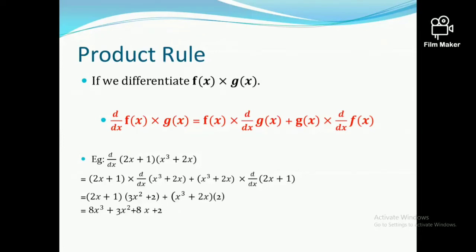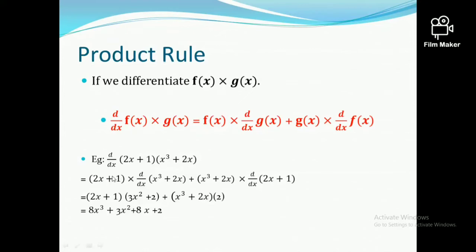This is the general format of the differentiation of a product between two different functions, f(x) into g(x). If you happen to differentiate f(x) into g(x), how do you obtain the answer? This is the simple way of understanding this. You can understand this is the first function and this is the second function. For example, in this example, this is the first part of the function and this is the second part of the function, right? Keep the first part.